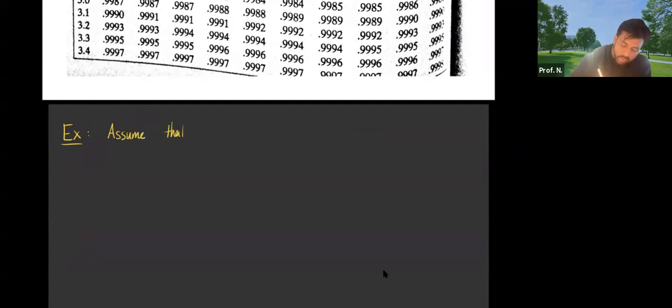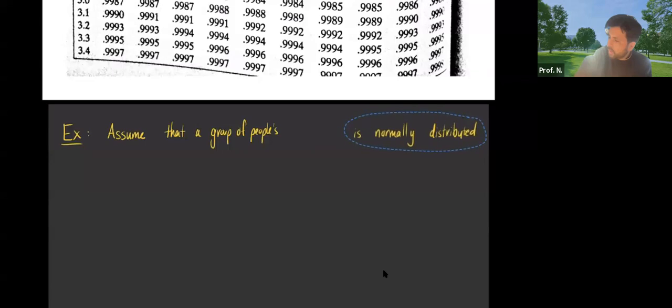Assume that a group of people's height is normally distributed